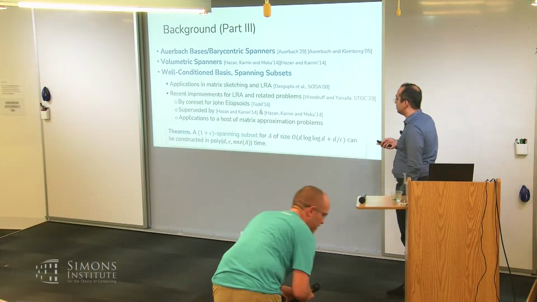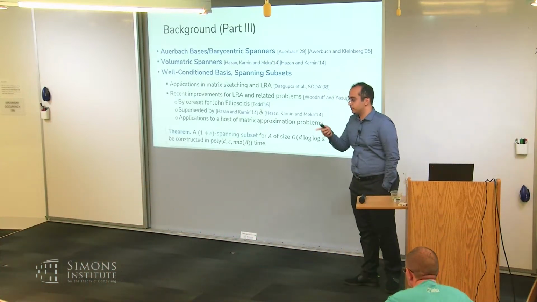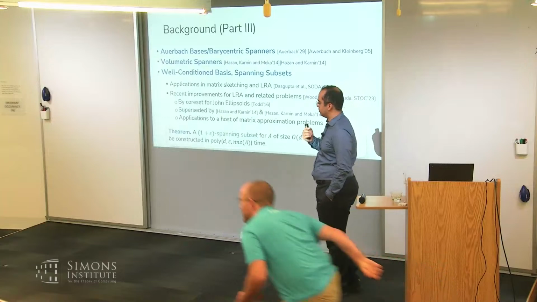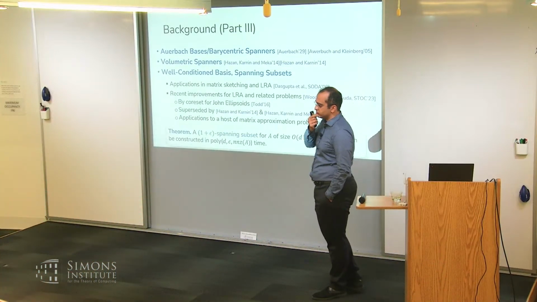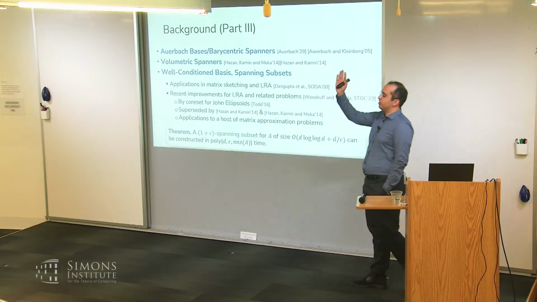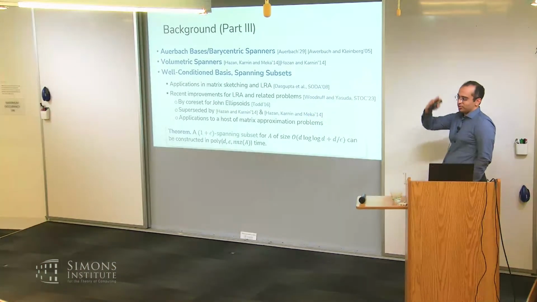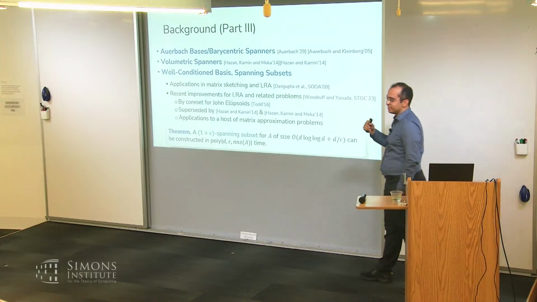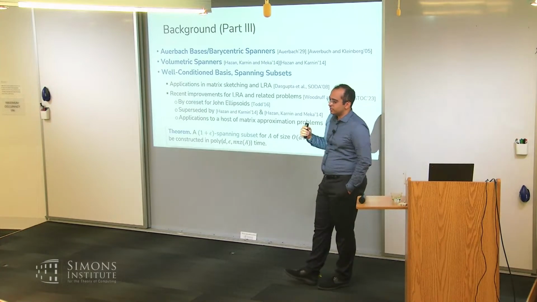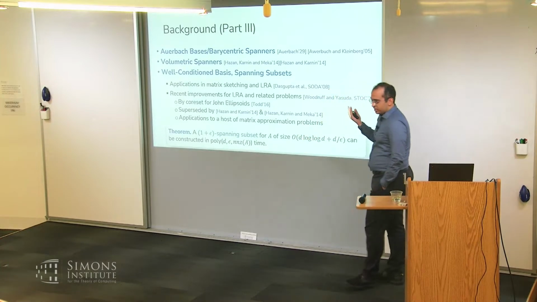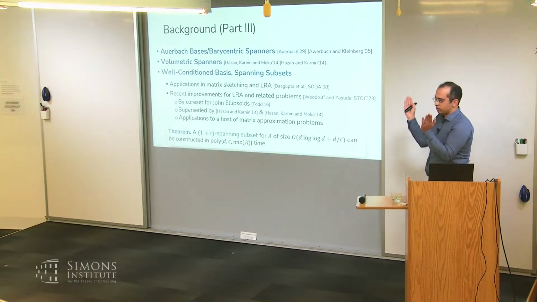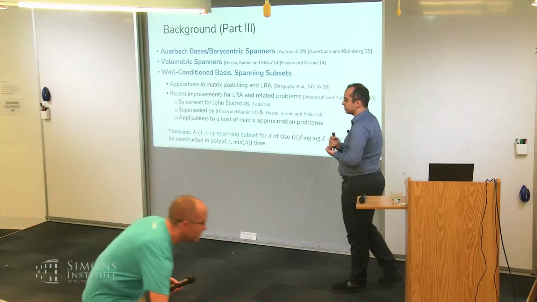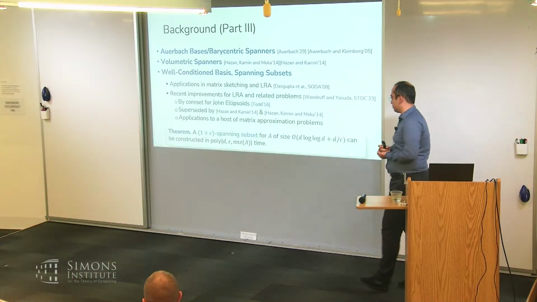Okay, good question. Do we need to assume that all of our vectors have the same norm or something? Not really. If you have a large vector, that could actually help you. So if I have a very long vector, I would pick that, and it would make the coefficients of everybody else small. So that can actually help in some sense, right? But it also works if all are scaled, say, to a bounded norm of 1 or something.